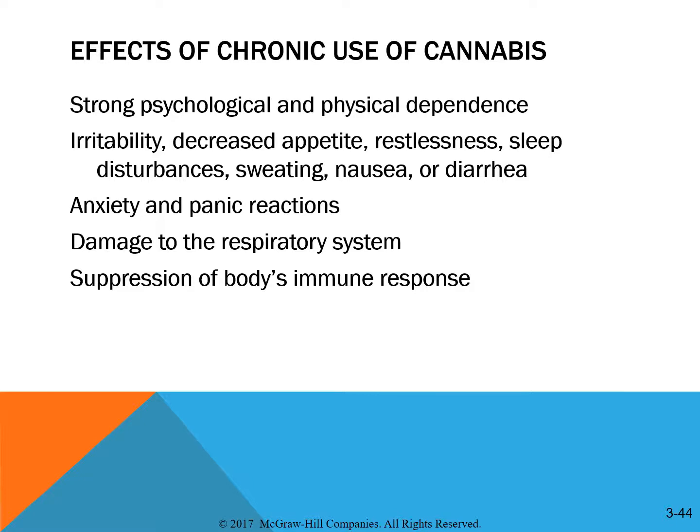Routes: cannabis can be smoked in hand-rolled cigarettes or joints, or smoked in a pipe. It can also be eaten in cookies, brownies, and other food, or made into a tea. The effects of cannabis depend upon the potency of the drug, the method of use, and the experience and expectations